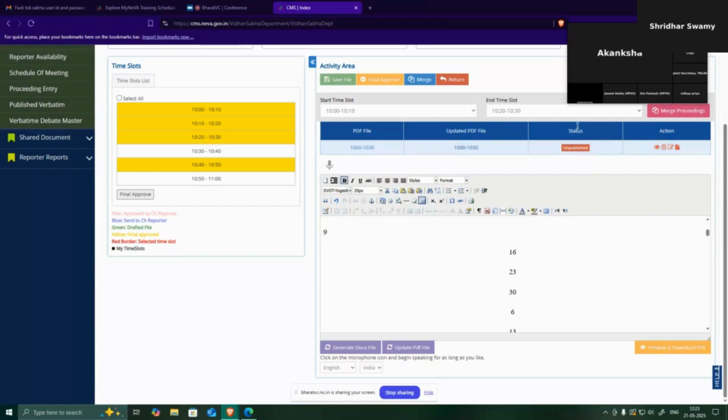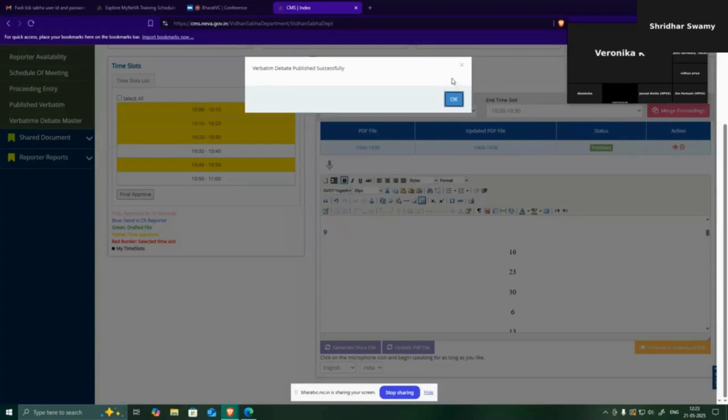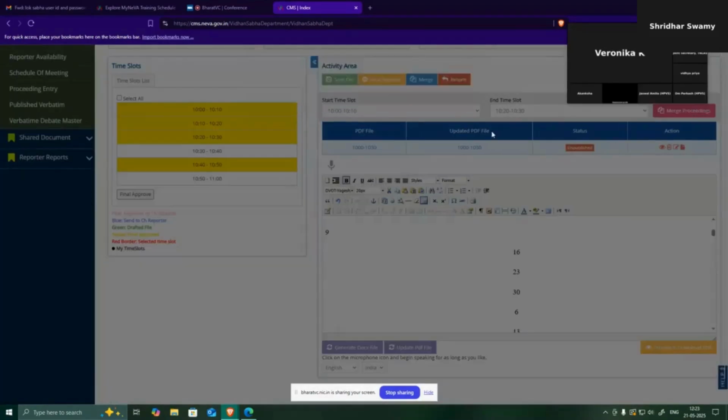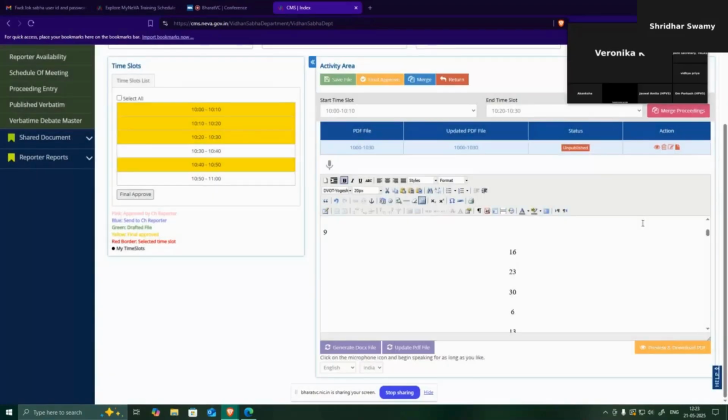If you want to publish or unpublish, you can click. If you want to publish, it will be shown public, and if you don't want to publish, you can click on the unpublish button. It will be unpublished. So basically in this particular section,